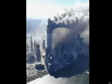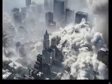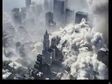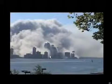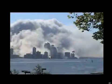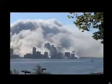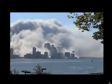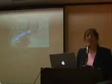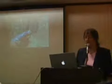Now, when the Kingdom was taken down by conventional controlled demolition, the highest the dust went was about the height of the Kingdom. And in the Seattle Times it said, and it filled the air, downtown was filled for almost 20 minutes before it all settled out. How long did this take to settle out? This is a satellite image, and this appears to be going